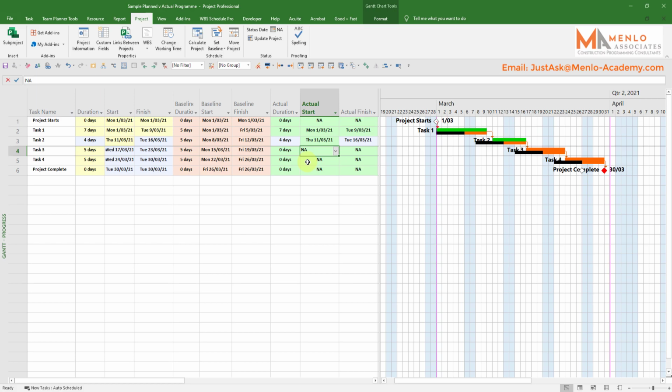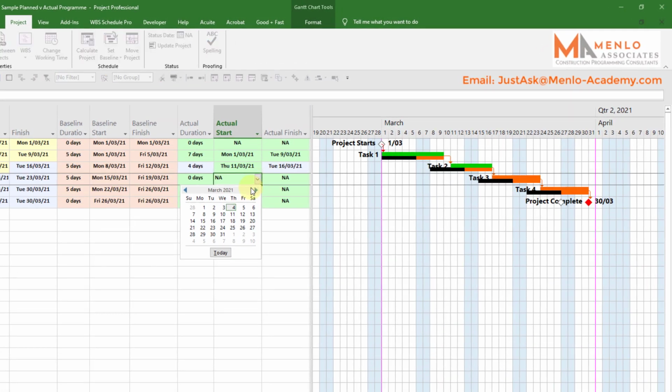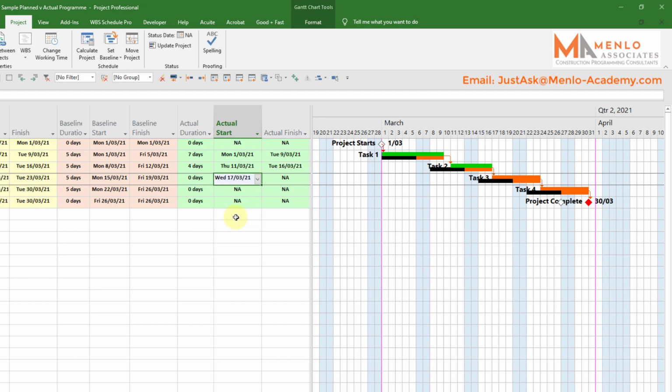And at any point, at any given day in the program, some jobs will be running late, some jobs will be running early. Things will start late, things will start on time, or things will start early. They'll finish early, they'll finish late. That's what you're trying to capture, because that then gives you the true story of what's happening in the program, and the program will calculate the effects that actually mean that you can report accurately in terms of what's actually happening with the job. So if I move through, and now this job basically starts on the 17th and finishes on the 19th,